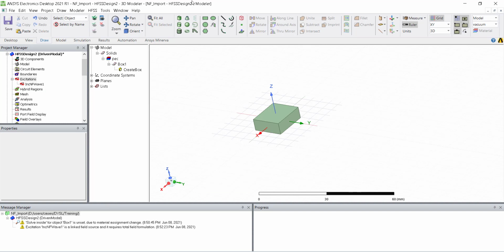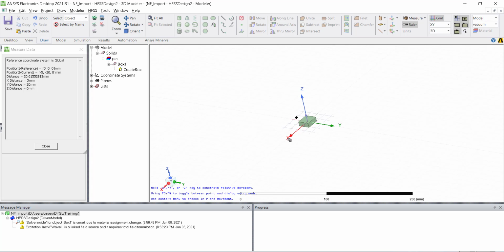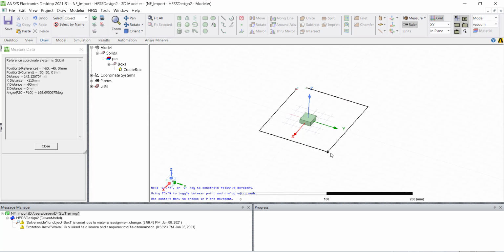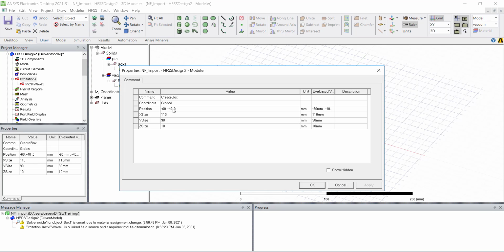Next thing I'm going to do is create a radome, a normal flat radome. Let's keep something like this. Let's say this is going to be 5 centimeters above and 1 centimeter in thickness.